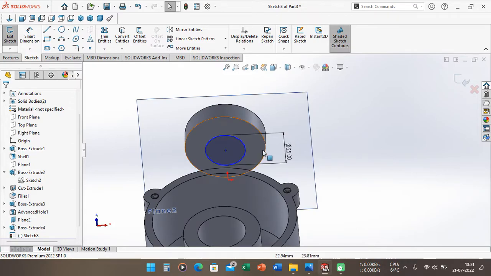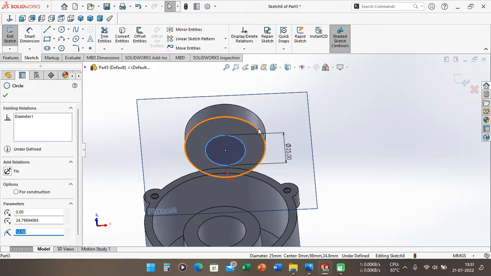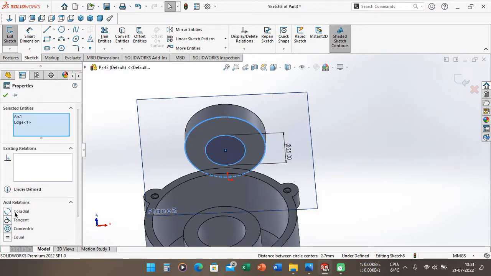But if we see in here, this circle doesn't concentric with this circle. It doesn't centering with this circle. So we must center this circle first, and we can select this line and select this line. We can make relation here and choose the concentric here. So the circle automatically concentric with this section.